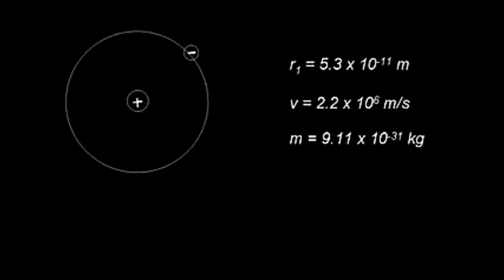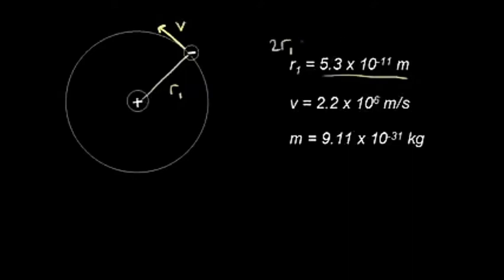We know the negatively charged electron orbits the nucleus like a planet. The electron is going in this direction, so there is a velocity associated with the electron. The Bohr model, to explain quantized energy levels, talks about the radius for the electron. If there is a circle here, there is a radius. For an electron in the ground state, the radius of the first energy level is equal to 5.3 times 10 to the negative 11 meters.